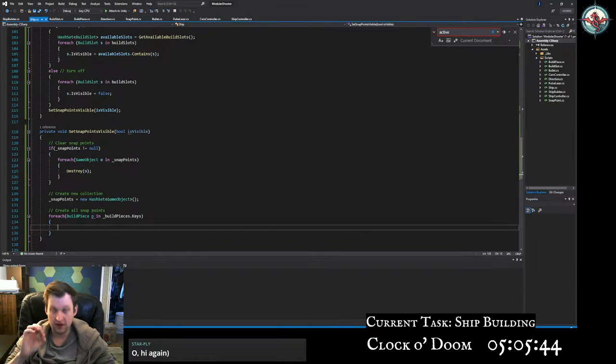If a piece has an attach point where a neighboring piece can go, but something's already attached there, we don't want to show that. We just want to show them as connected. But if there's an available slot, an attach point that's pointed at an empty slot, we want to create a little graphic to go there. So for each of the build pieces,